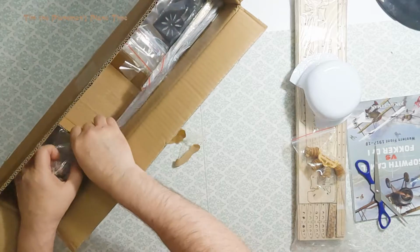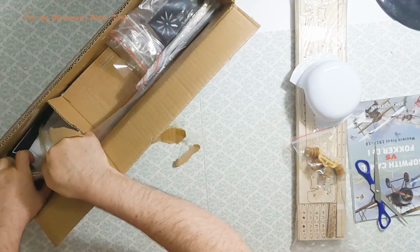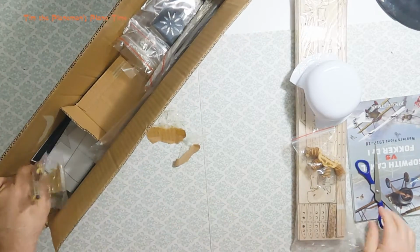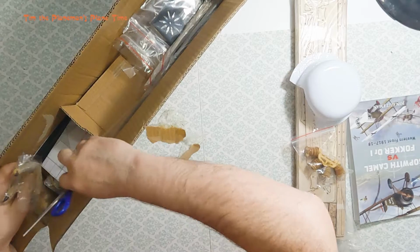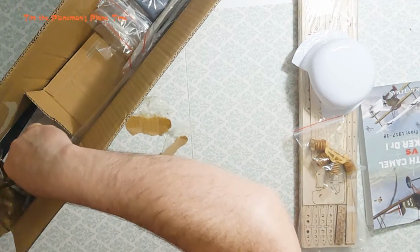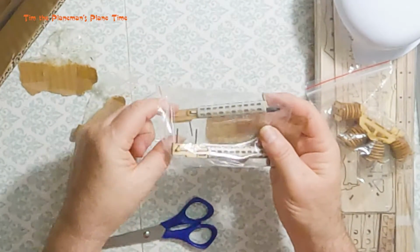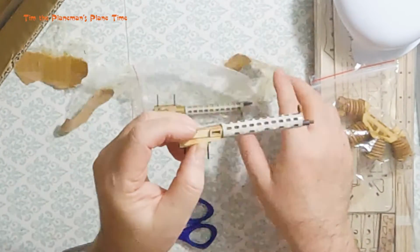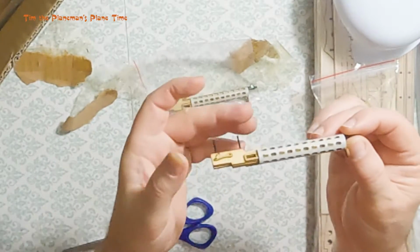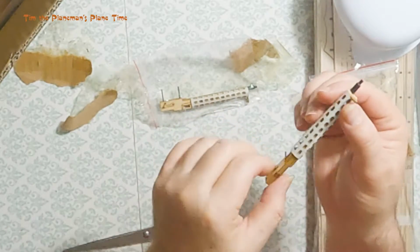So good. I was a little disappointed in the guns on the Sopwith Camel, but oh, here we go. Again, everything's glued in tightly, stuck together carefully so that nothing shifts around and moves. Look at the guns here. These are beautiful. They're wooden construction with a little bit of carbon fiber, and then a plastic